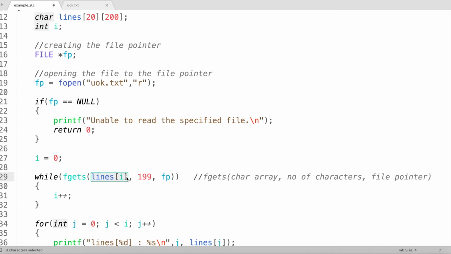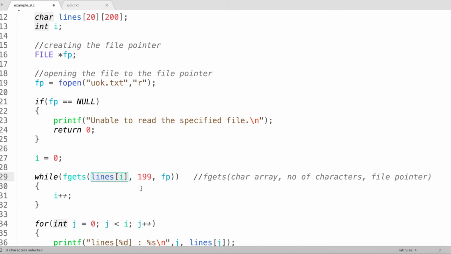So whichever occurs first, either it has reached 199 characters or it has reached a new line character, it will delimit the reading of my characters into my lines array, right? So that is how the fgets command will execute, right?